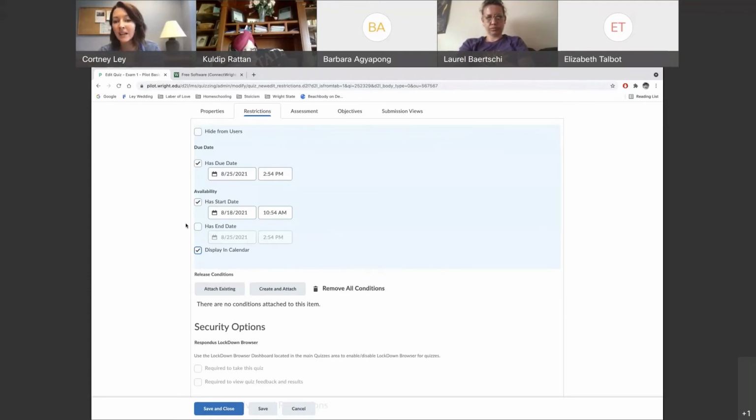But if you have an end date and it disappears, then they no longer have access to that feedback. And so it could be used as a tool to go back and use that maybe to study for an upcoming exam. But you do make a good point that if you don't want them to have access to that, and you've got their score in the grade book and all you want them to see is the score, end date is perfect. So once they finish the quiz, if I don't have the end date, so it doesn't disappear,